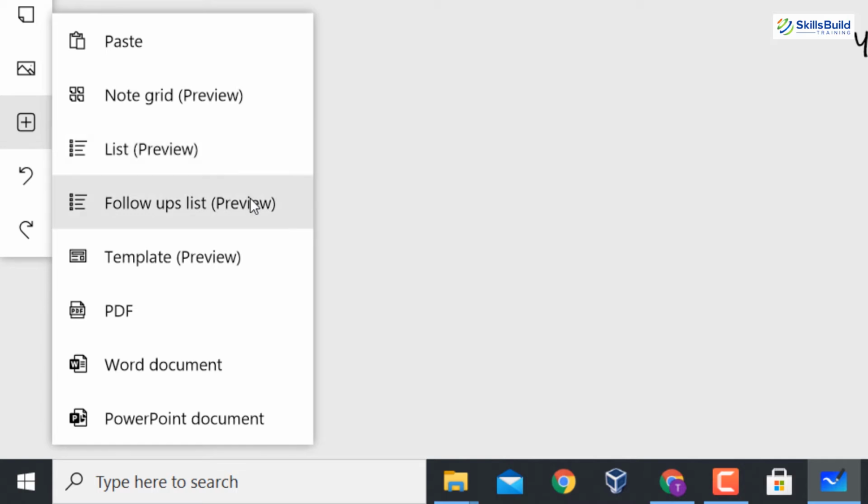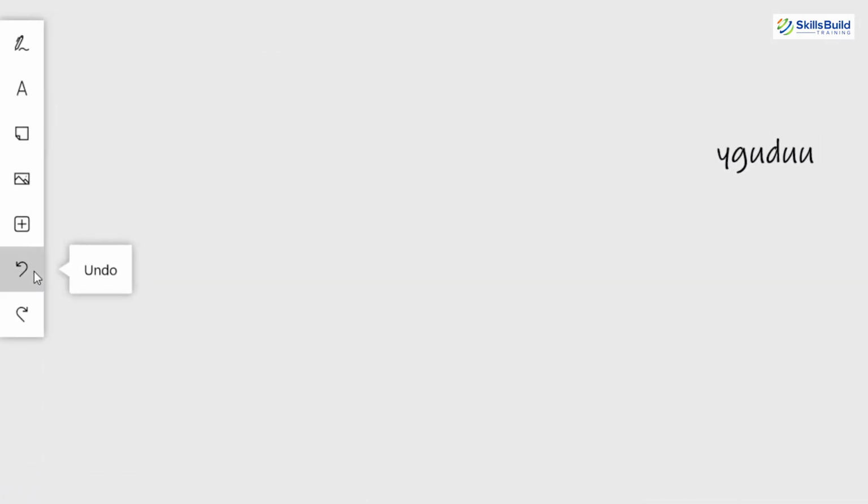You can create a follow-up list. It will make your task easy, and you can use different templates. You can either insert a PDF file, a Word document file, and a PowerPoint document here, and you can then further work on them. You can undo different actions and you can redo them. So I will show you how you can work with it one by one.